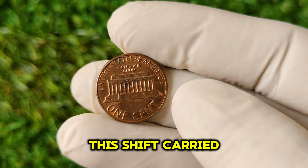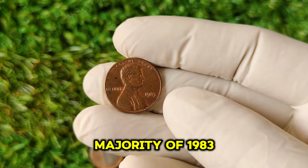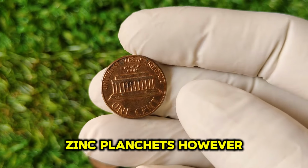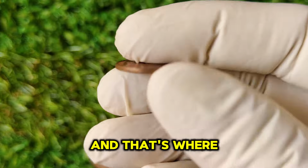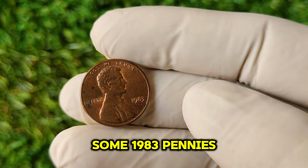This shift carried into 1983, meaning the vast majority of 1983 Lincoln pennies were struck on the new copper-plated zinc planchets. However, this particular year produced some rare and highly valuable errors, and that's where the magic happens for collectors. The reason why some 1983 pennies are worth